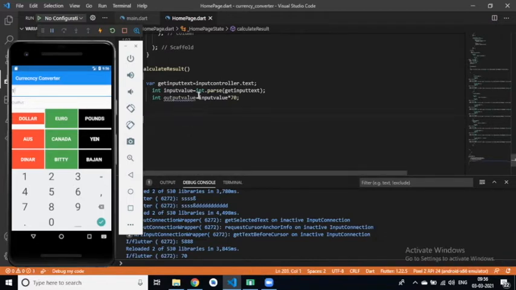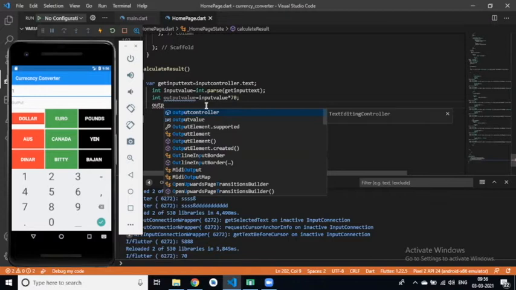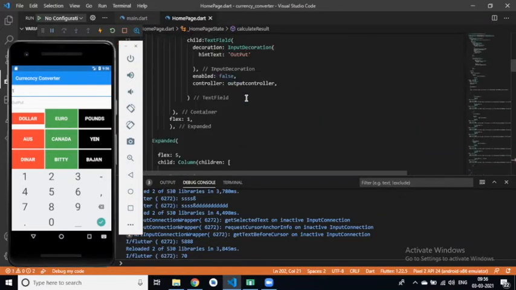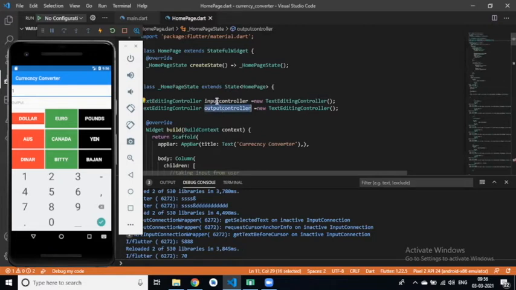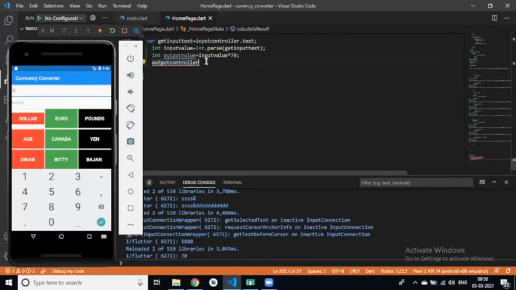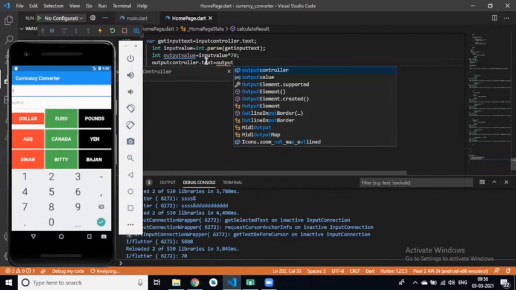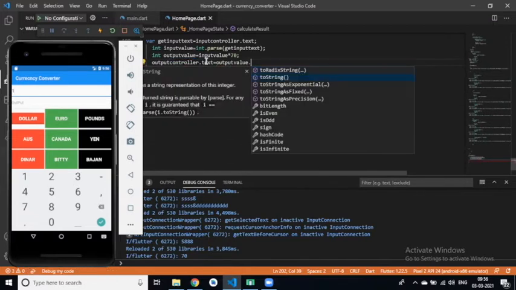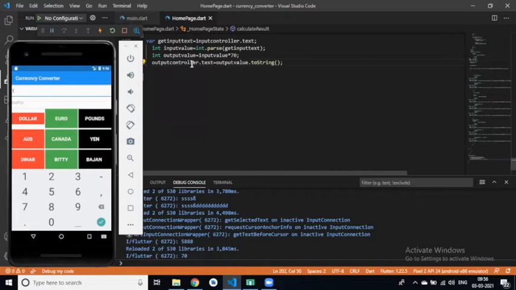So simply we can set like this: output controller, that we have created, dot text is equal to output value dot toString. Why? Because this output controller dot text stores a string value, right?